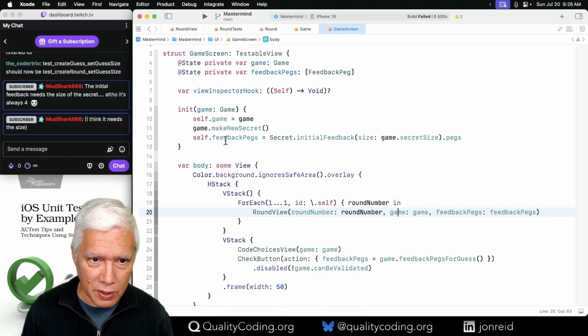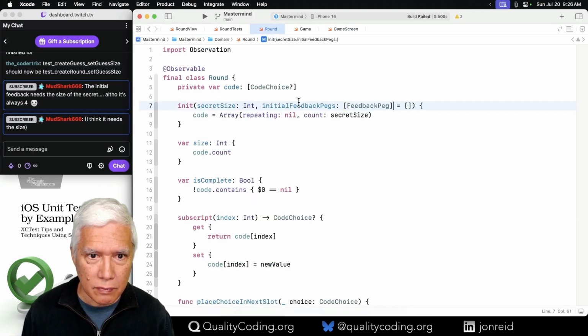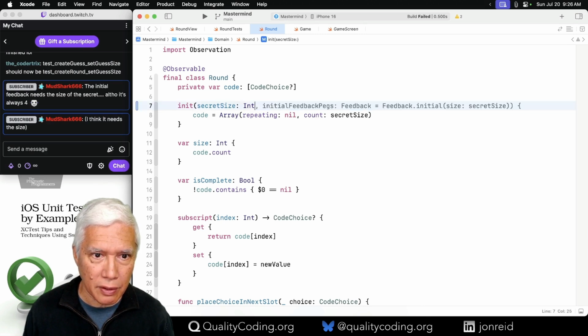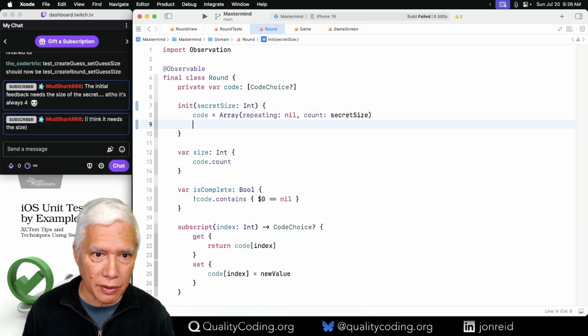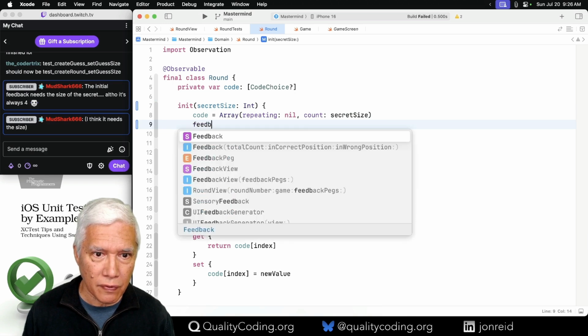What's the next step? I think the next step is to say, no, we're not going to do this. You hold on to the feedback pegs. Take the secret size and feed.